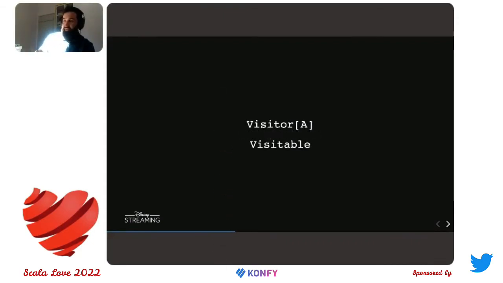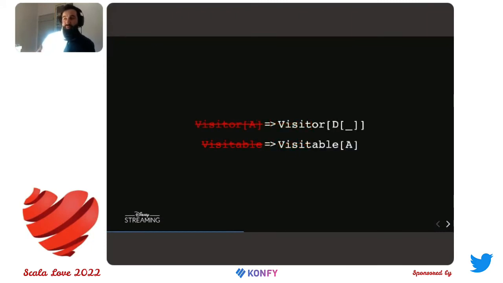We're going to see in an instant, but we're going to start from the shape of our visitor and visitable interface that we saw a minute ago. The visitor has a type parameter. The visitable doesn't have any type parameter, it just extends, or we extend it in our data type definitions, where we're going to get rid of those things and recreate them by taking those parameters and lifting them higher in the